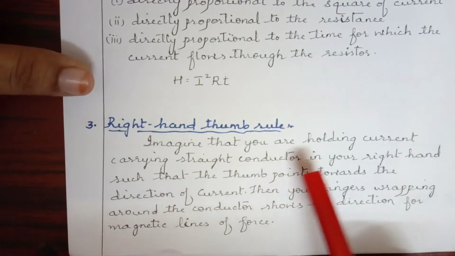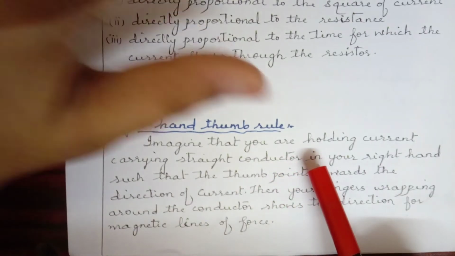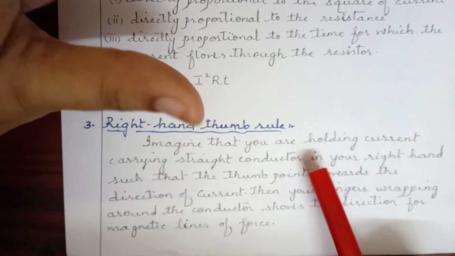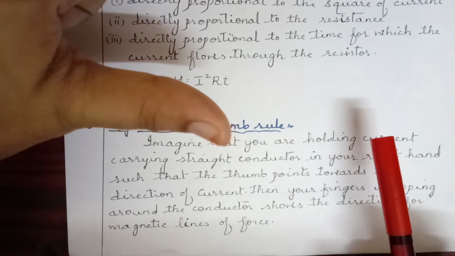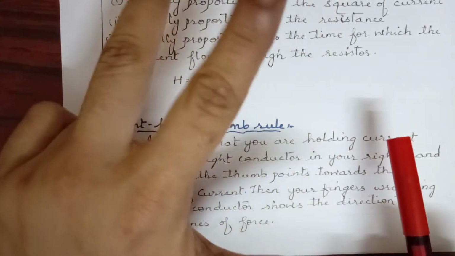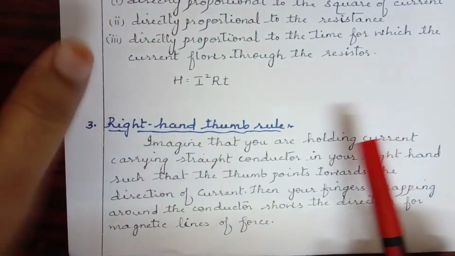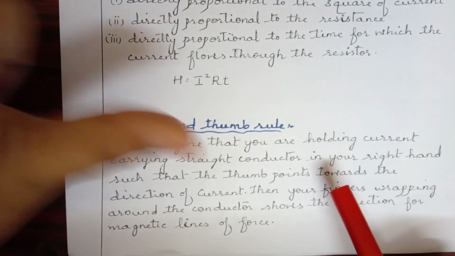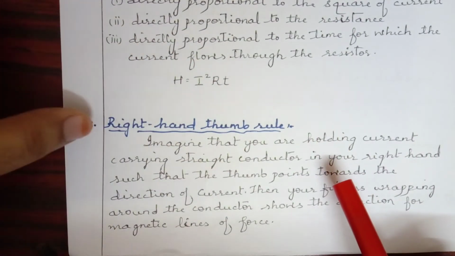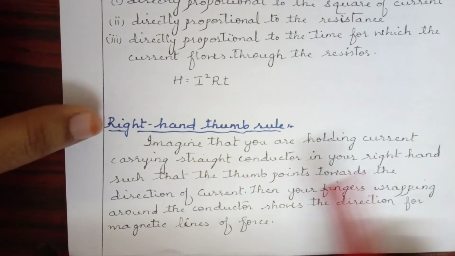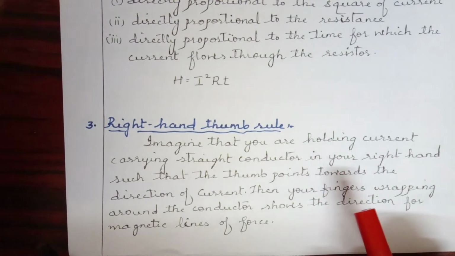In the right hand thumb rule, your right hand's thumb is involved, only the thumb, no other fingers. Whereas in Fleming's case, you are involving these 3 fingers, right? So in the right hand thumb rule, only the thumb comes, nothing else, and you don't have a scientist's name over here. So this is an easy way to remember the right hand thumb rule.